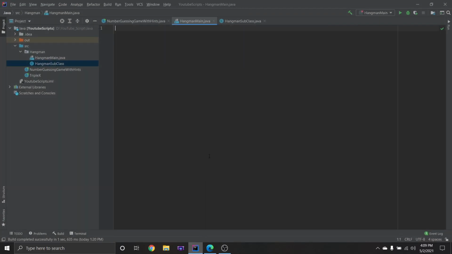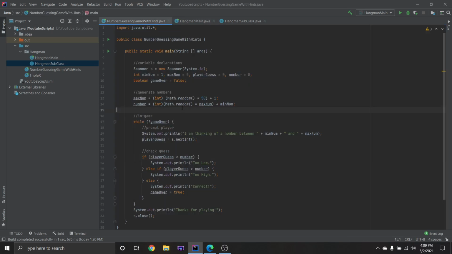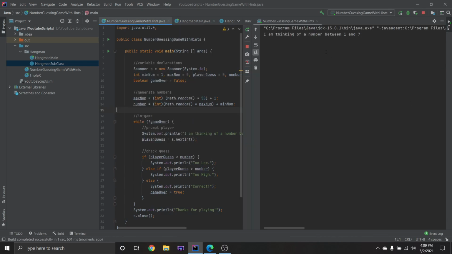Hey guys, so I got a request on how to do a number guessing game with hints, obviously in Java here. When I run this, I'll show you how to run it and then we'll program it together. I'm thinking of a number between 1 and 7. This one's always going to be random,